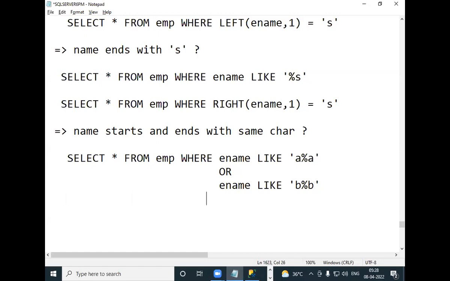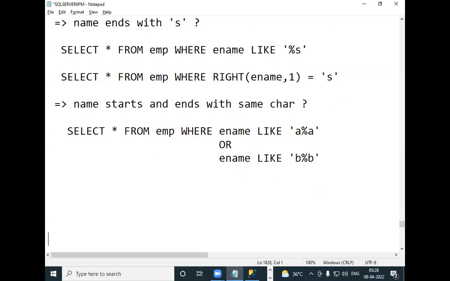How many conditions do you have to write? 26 conditions. For every alphabet, you have to write one separate condition. Total 26. Difficult or not? Yes. So then if we use functions: select star from EMP where name starts and ends with the same character, meaning the first character